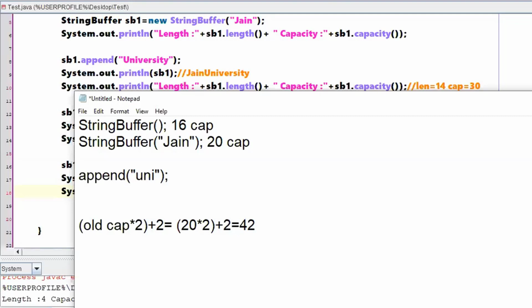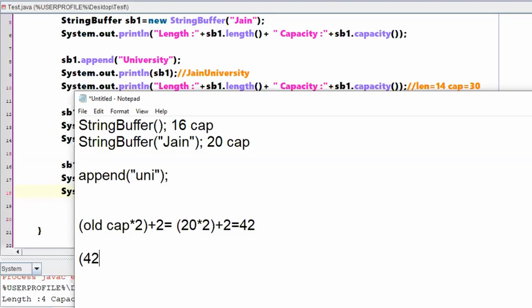Now suppose you have filled these 42 locations also, because this is a new capacity. If you have finished this 42 also, and you introduce a 43rd character, again the same formula will be applied.